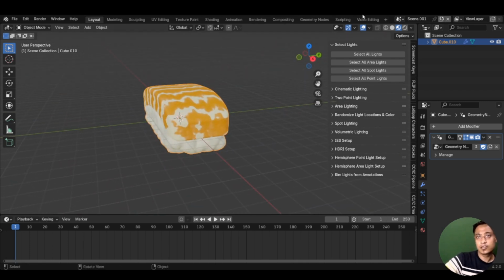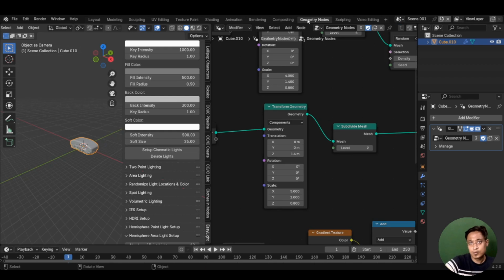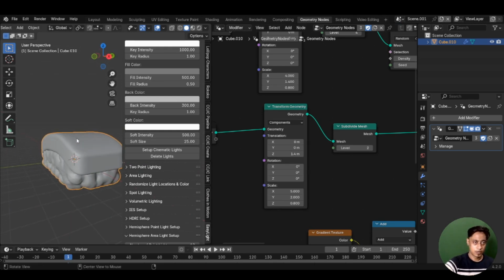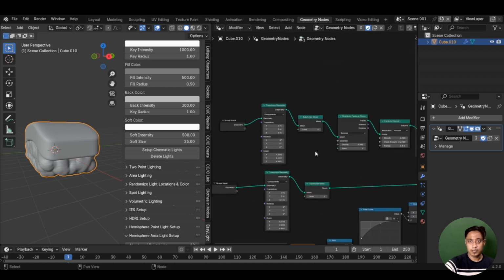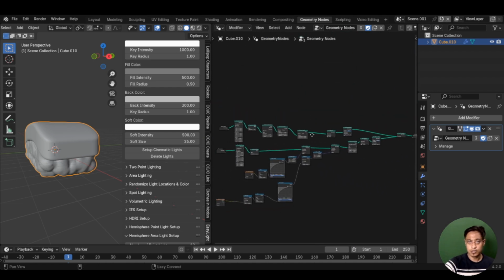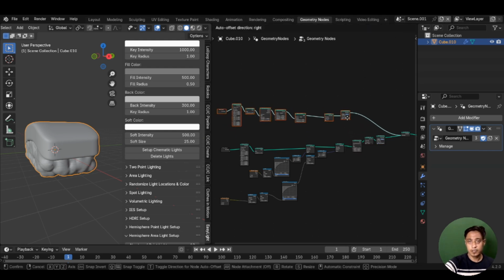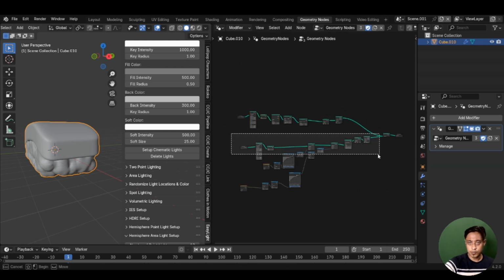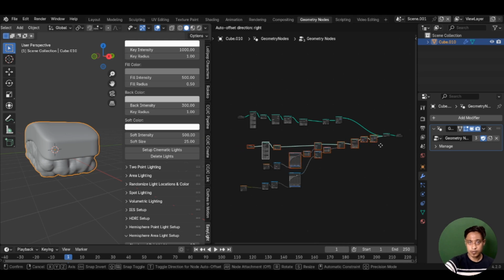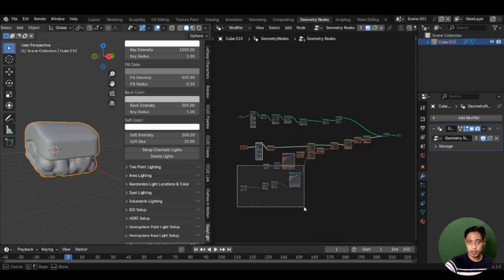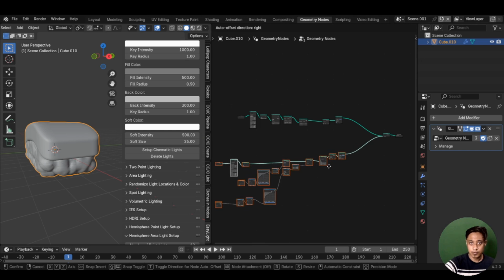So how is this made? For that we need to go to geometry nodes. Since the model is already selected, we can see the group of nodes that are making this. So it is fairly simple and fairly easy to create. So there is very little that I need to show you. So now